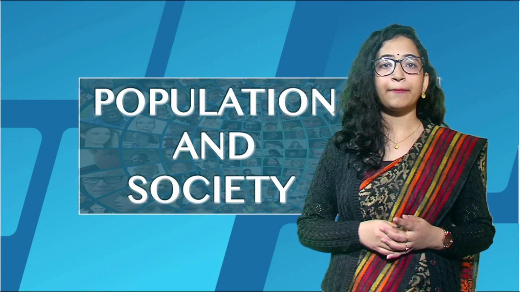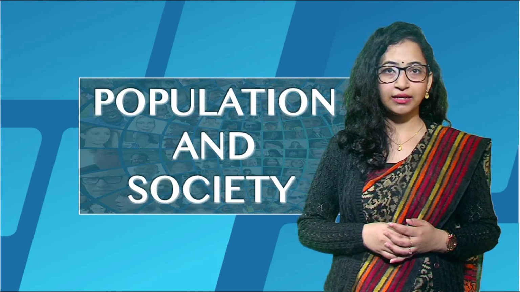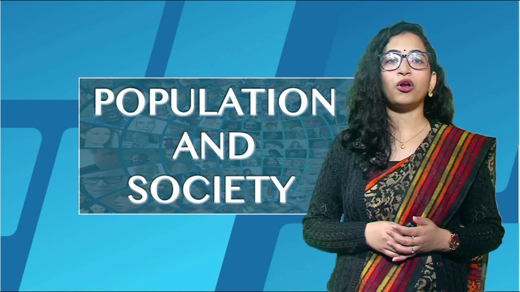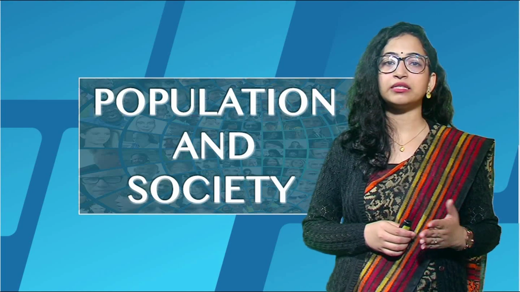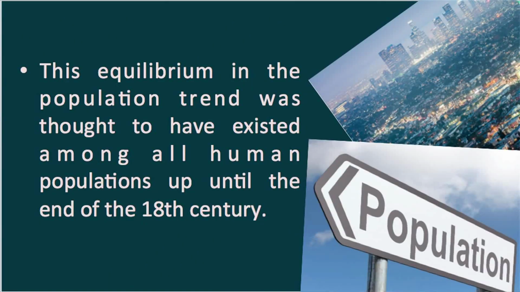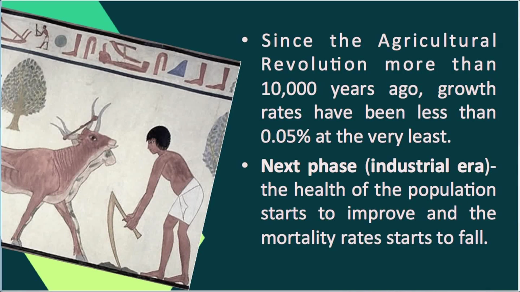Although pandemics and epidemics had a significant impact on population, long-term trends were not significantly affected by these transient effects. The equilibrium in the population trend was thought to have existed among all human populations up until the end of the 18th century. Actually, since the agricultural revolution, more than 10,000 years ago, growth rates have been less than 0.05% at